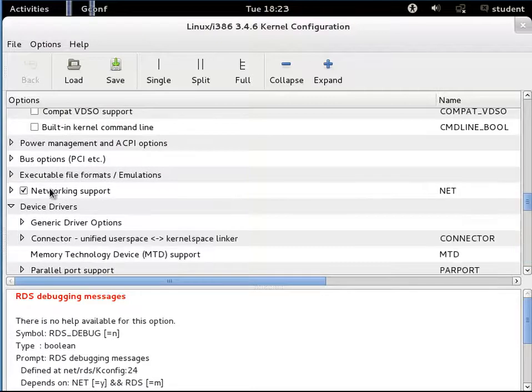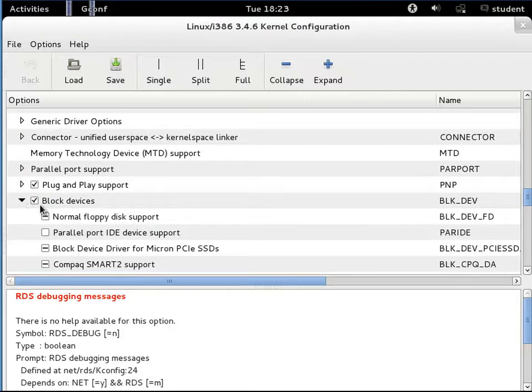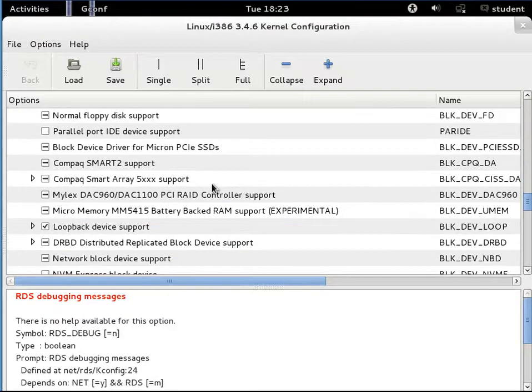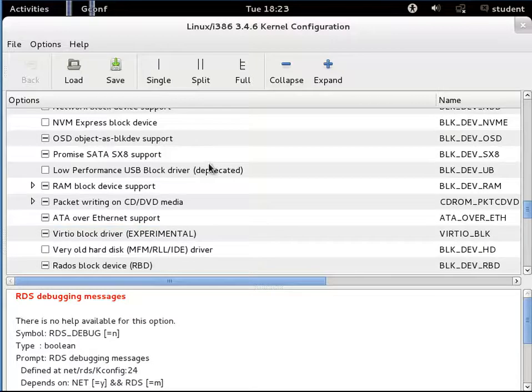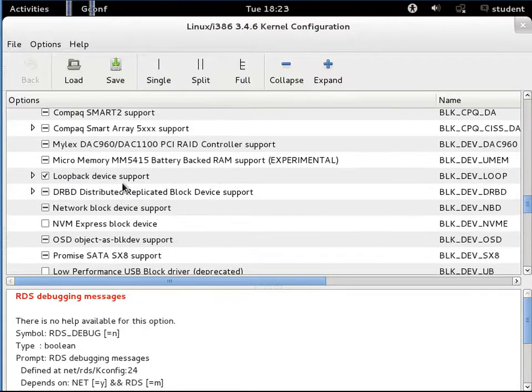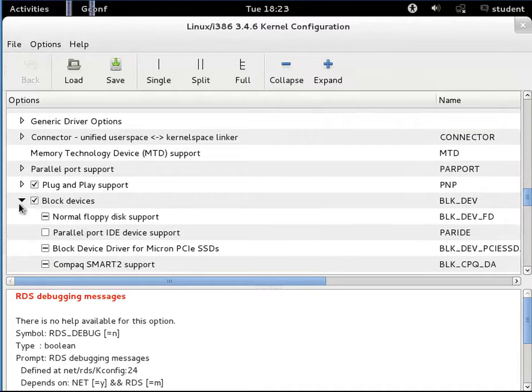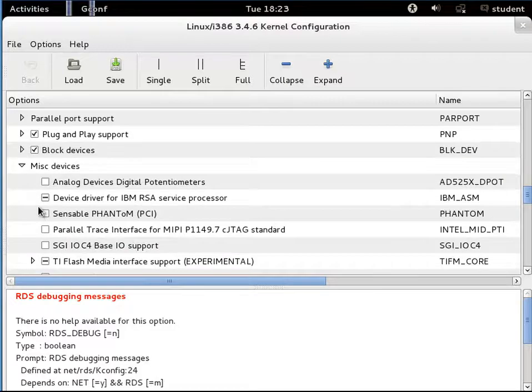Device drivers. Here they are. Parallel port, plug-and-play support, block devices. Just as a proof, here's block devices. Notice how even loopback is considered a block device. But you can get an idea here, hey, this is block devices. Even RAM is considered a block device. Why? Because it stores data, right? Yeah, when we're doing this on the virtual machine,